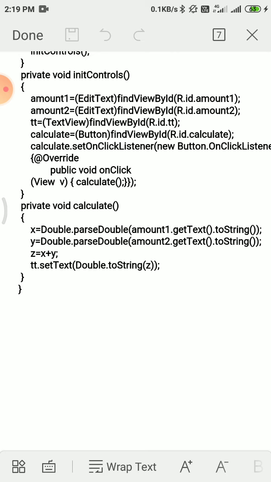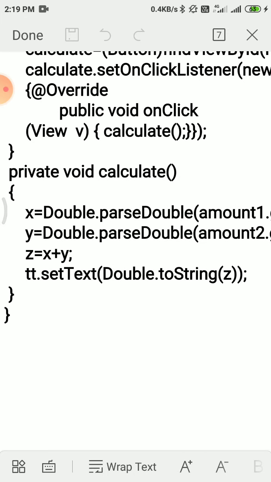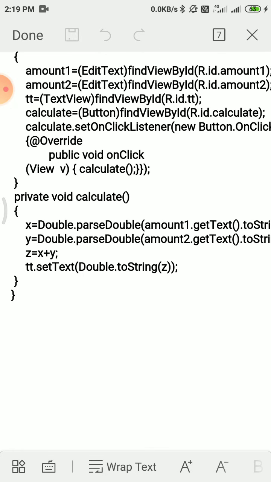Then one more new function is Double.parseDouble, which converts your entered text format into the double format. If you have not used this method, your number is considered as text. Suppose you have entered the first number as 2 and the second number also as 2.